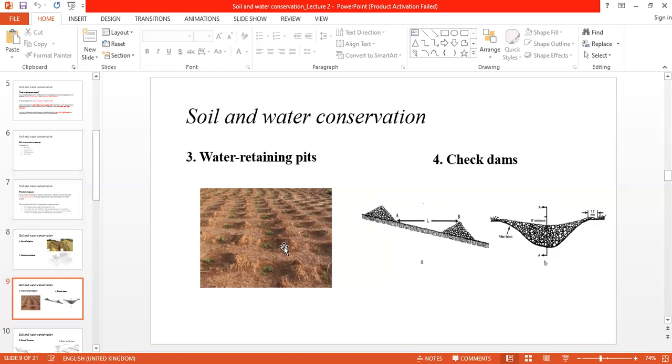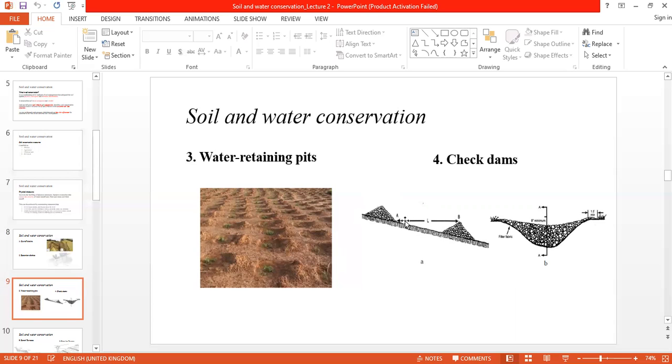Then we have what we call check dams. These ones are usually put in drainages or where there's a gully. For example, if there's a lot of water passing through your drainage at a very fast speed, it will start eating up your drainage. So what they do is put stones in the drainage. If this is the cross section of your drainage, you put stones here. Again, you put stones here, such that